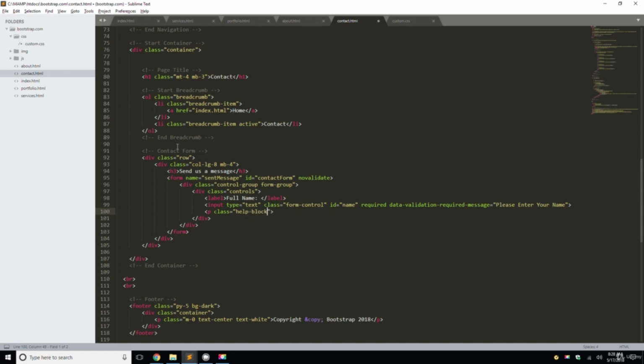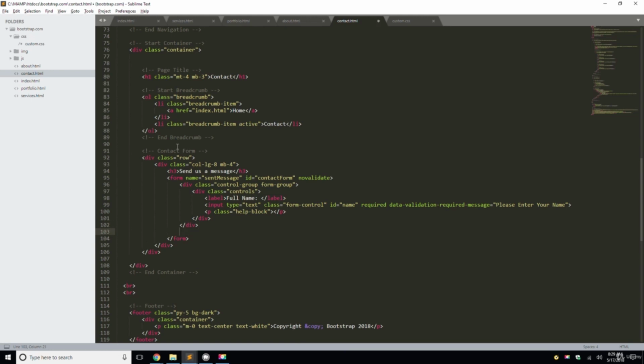And so what this is going to do is when you send the form, if you don't fill it out, it's going to pop up this message, please enter your name. That's what we're building right now. So let's go down to this div right here. We're going to hit return, and we're going to grab everything that we just created right here. So from the control message down, okay, so from right here down,